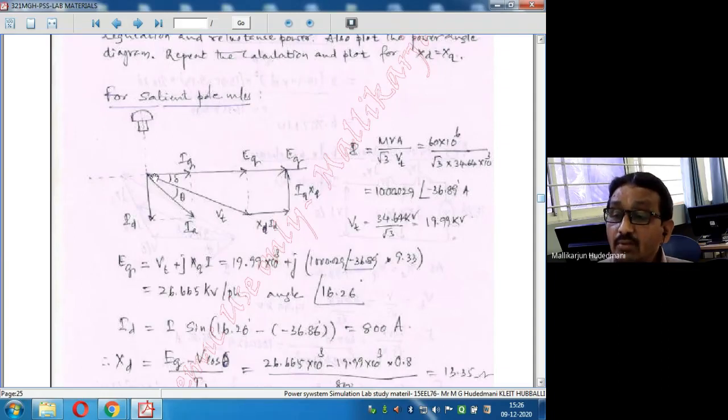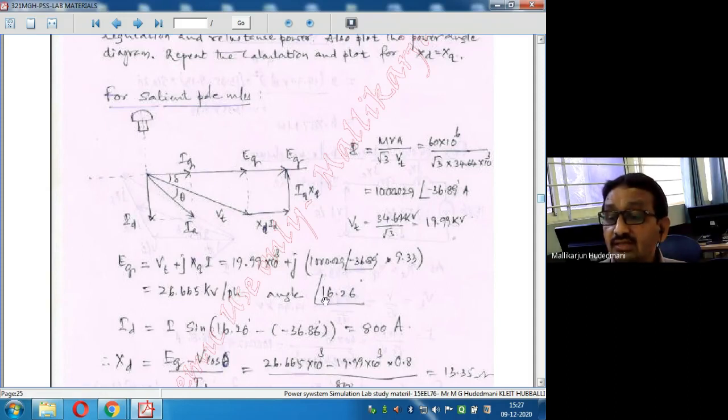Now, when I have the current I, you can see here the current is IA, nothing but whatever current I got here. Now I want to get the current ID. What is the component ID? What is the component IQ? I want to resolve IA into ID and IQ. To get this, I have to observe the vector diagram. The angle between Vt and IA is theta, which is the power factor angle of the problem, for 0.8 power factor. Cos inverse of that works out to 36.86. And the angle associated with the particular Eq.